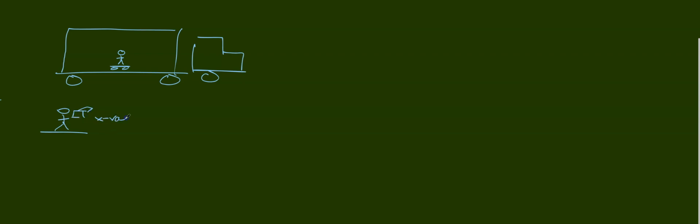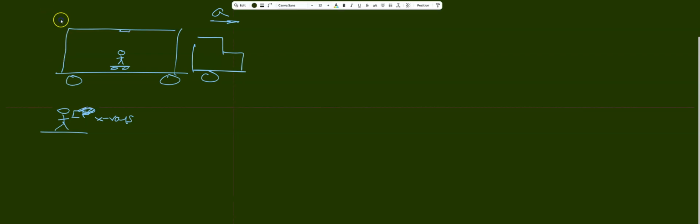X-rays, so that means we can see through the walls of the container. The container in the truck has no windows. There is a light, so the person inside can see what's going on. Now, the truck is an electric truck, so there is almost no noise. So when the truck starts moving with an acceleration, what's going to happen? The person inside is going to feel as if the truck is moving.